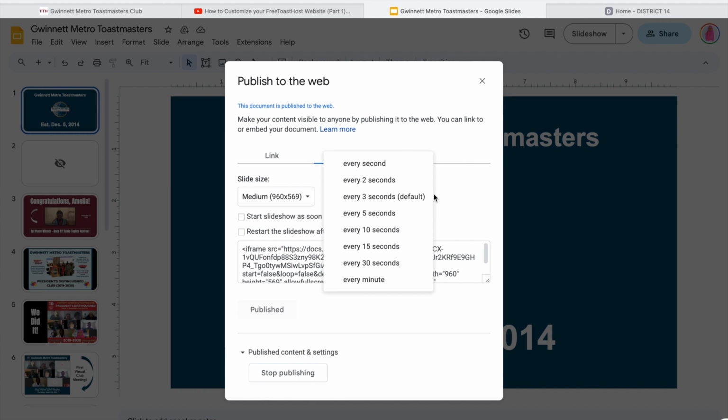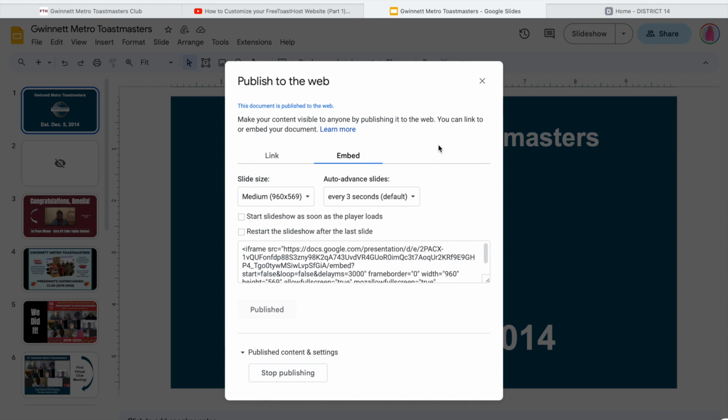It really depends on how you want it to look. I'm going to leave it on the default setting. You also have the option to check this box that says start slideshow as soon as the player loads. I recommend checking this so that when someone comes on your website, the slideshow will automatically play so they can see your wonderful pictures, your club's achievements, and any information that you want to display on this Google slide